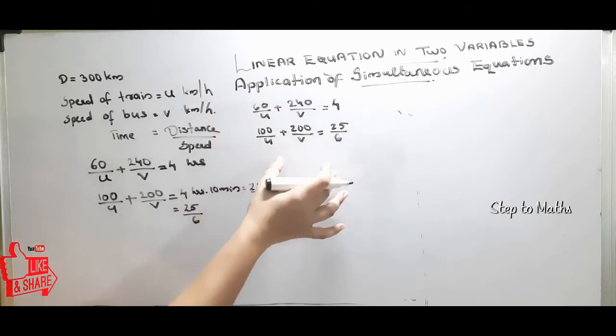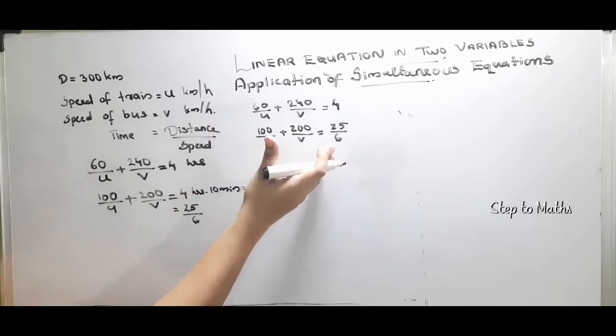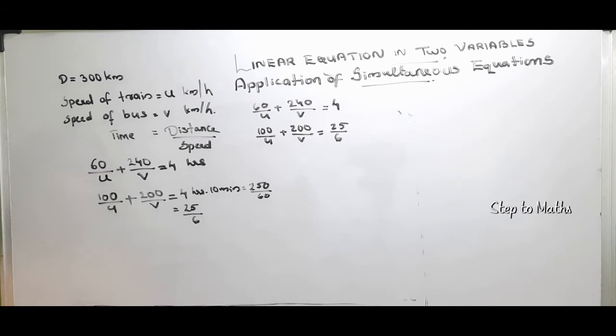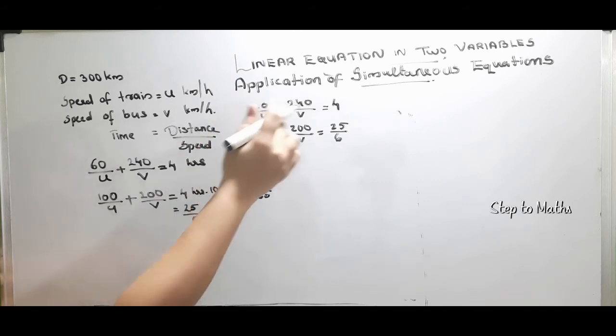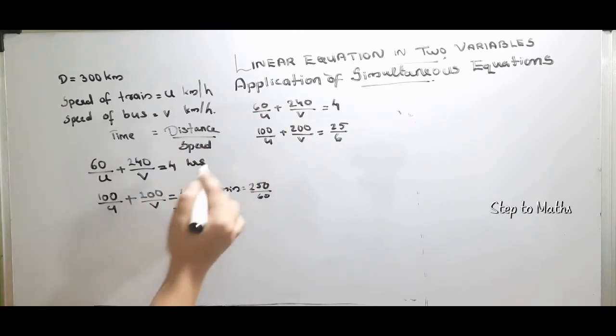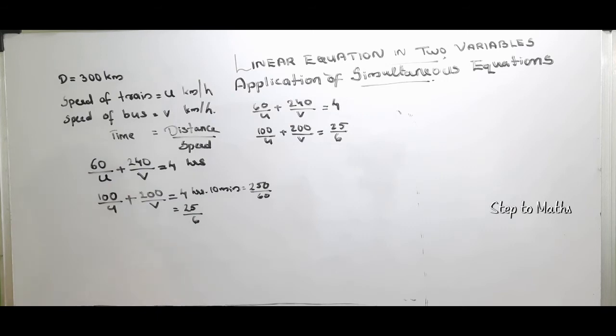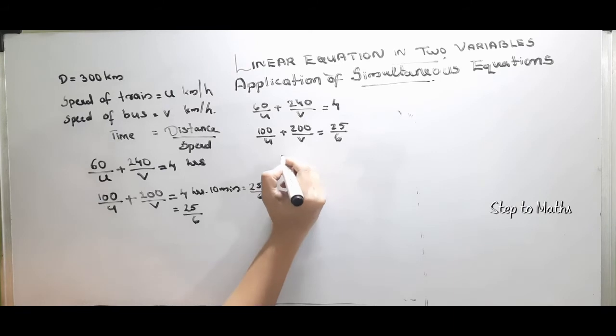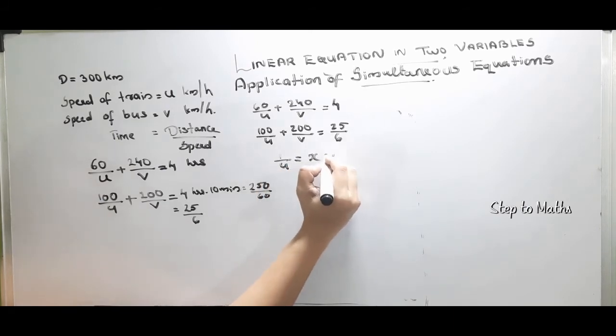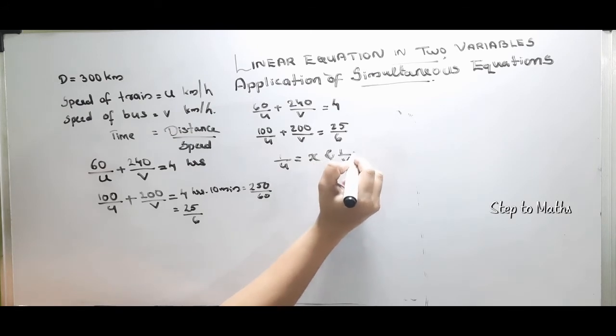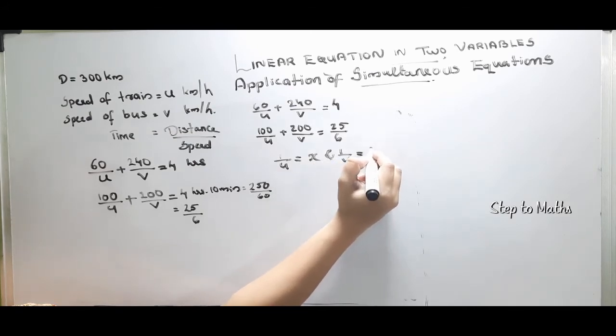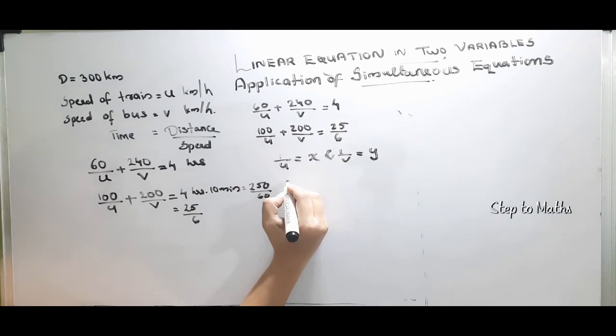Now if we get two equations in this form, we know how we can reduce them into linear form and solve. Just follow those steps. For that, we put the substitutions: 1 by u is equal to x and 1 by v is equal to y. Then the equations become